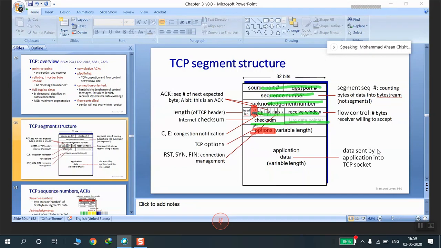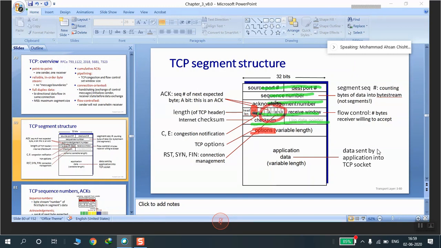The 9 flag bits that we have here, 1, 2, 3, 4, 5, 6, 7, 8, and 9, are known as control bits.